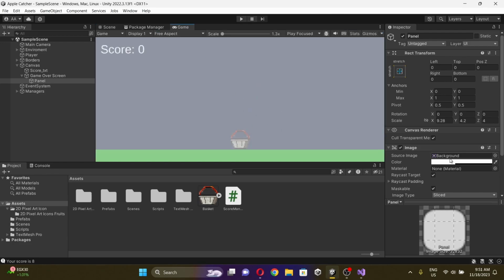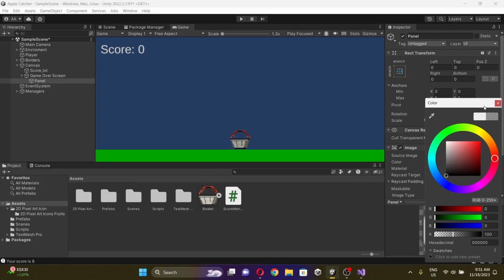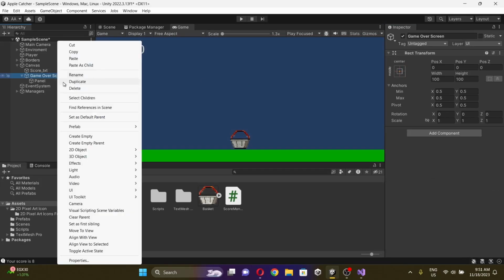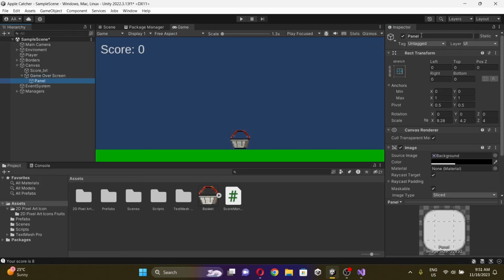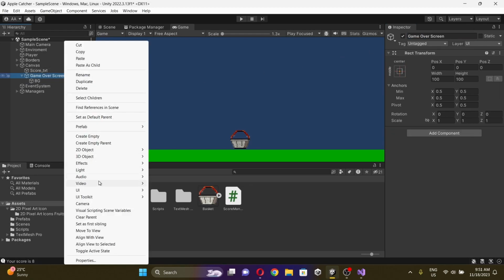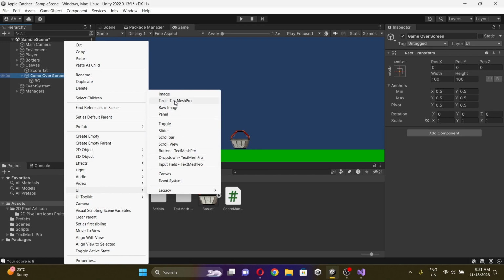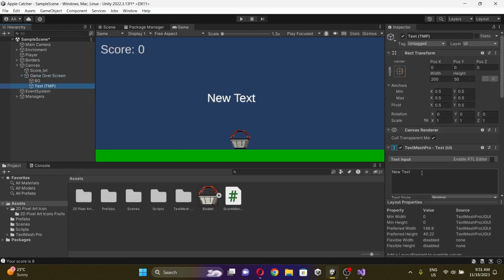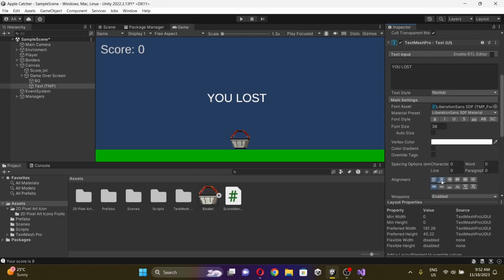As you guys can see, it creates an effect. Let's make it black. Okay, now it looks a bit better, and we're going to be calling it BG, which stands for background. And we're going to right click on the game over screen and then click UI, text. Okay, and we'll write you lost, and we're going to be making it centered,